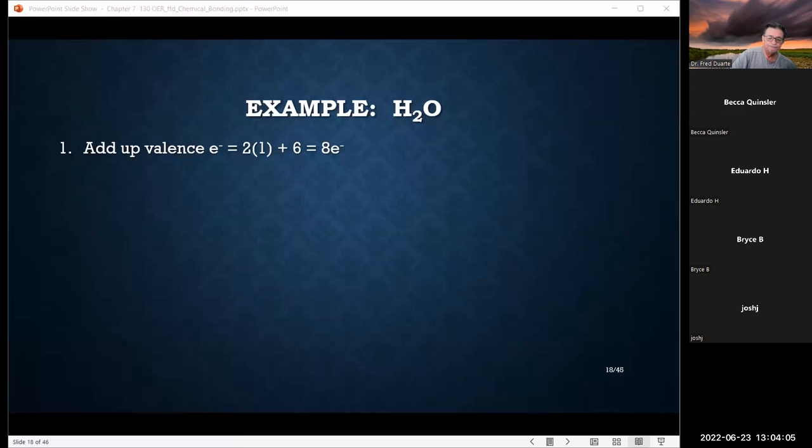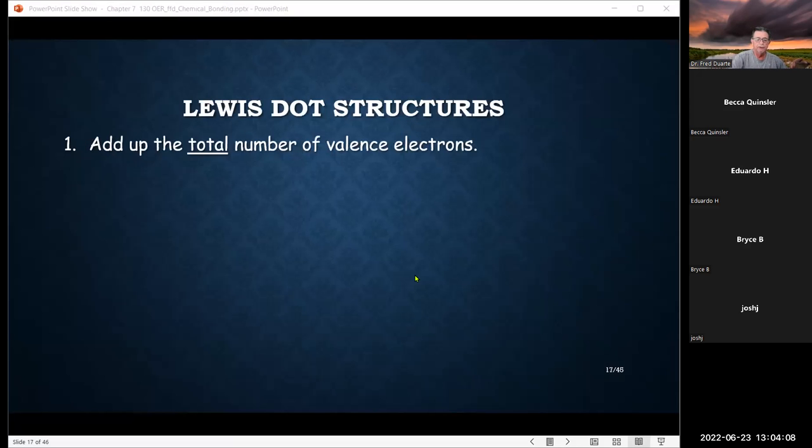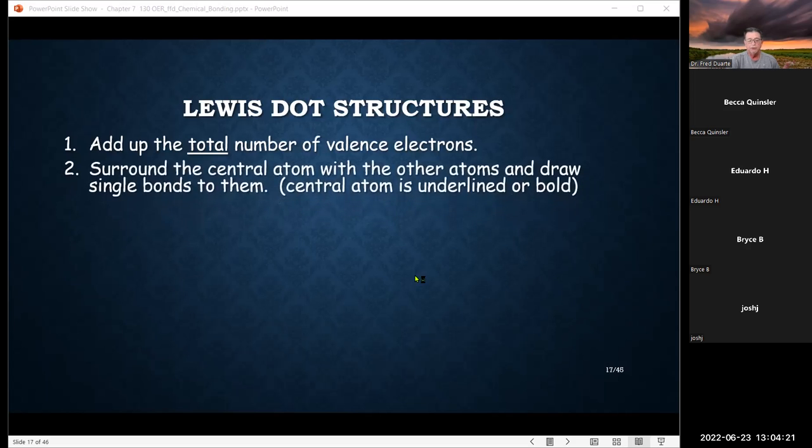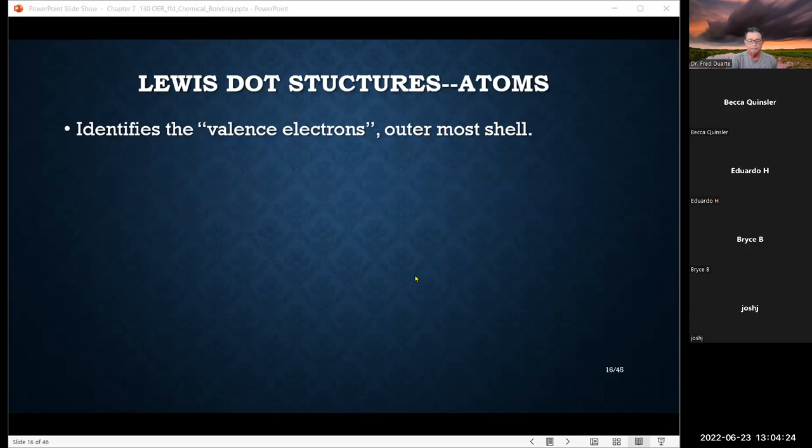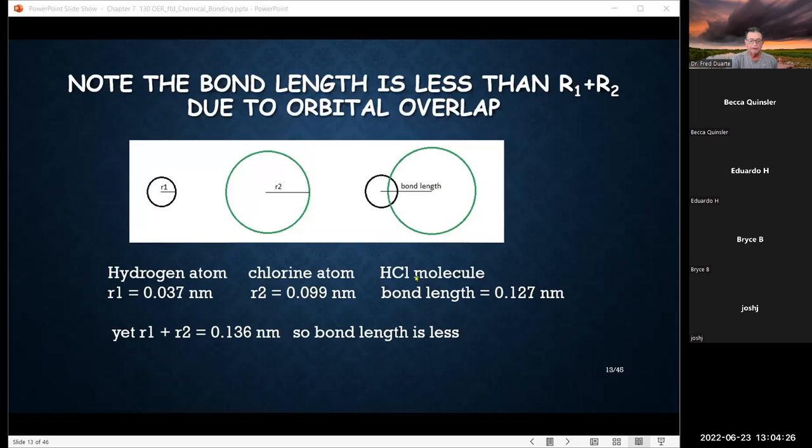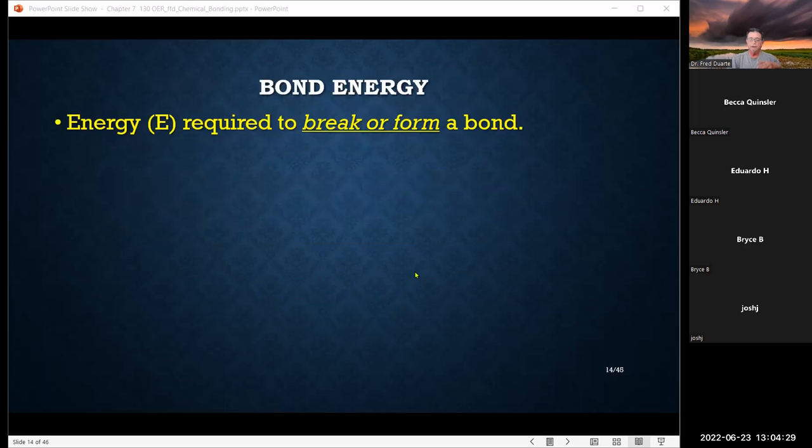Okay. Now, what we've been doing here is we talked about the Lewis dot structures. We're going to actually start putting structures together. Now, we talked about Lewis dot structures for the atoms, which are pretty straightforward, where you just write the atom, find its position on the periodic table with respect to the A atoms, A metals or nonmetals, and then put a dot to represent the valence shell. Okay. Now we're going to start putting compounds together,